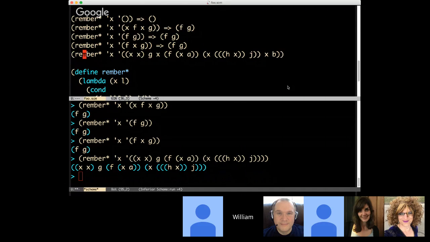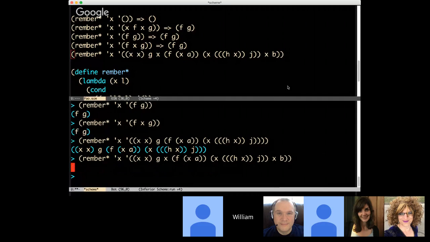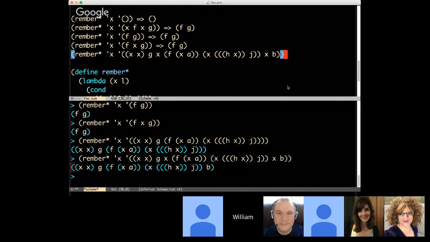Okay. All right, so now we'll remove some x's. But you'll see that the x's that get removed are only the x's at the top level. So we had this gx here, so that x gets removed, and then we had an x at the end with the xb, so that x gets removed. But most of the x's, any of the x's that are nested,